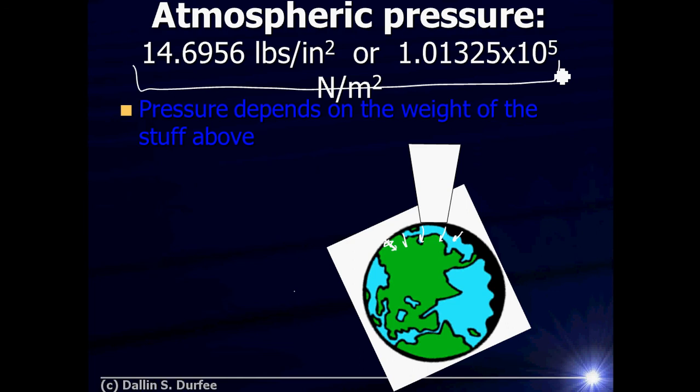So we're just going to do a hand-waving thing and assume that the pressure is more or less 1 atmosphere all around the Earth. Then I just have to say that each little piece of the Earth is holding up a wedge of the atmosphere. And how much weight is in that wedge? The weight is just the pressure times the area. So if I take atmospheric pressure times the total area of the Earth, adding up all these wedges, that will give me the weight of the atmosphere. What is the area of the Earth? Area is just 4 pi radius of the Earth squared. So if you know the radius of the Earth, and if you know atmospheric pressure, you can find the weight of the atmosphere. Anyway,